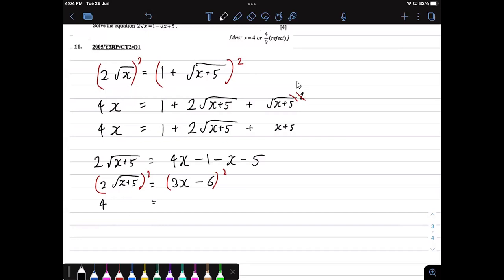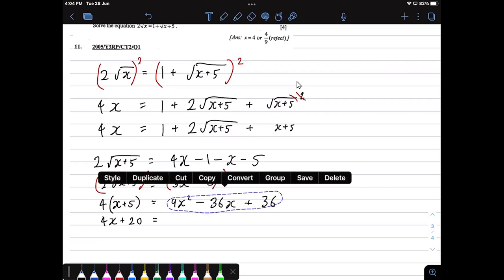So 2 squared is 4. Then square root and square, they cancel off. You're left with x plus 5, but make sure you have brackets. Then this square will become 9x squared, right, 3 squared is 9. Minus 2 times 3x times 6. 2 times 3 is 6, 6 times 6 is 36. So minus 36x. Plus 6 squared, 36. Clear so far? Yeah. Then distribute the 4, we get 4x plus 20 equals to 9x squared minus 36x plus